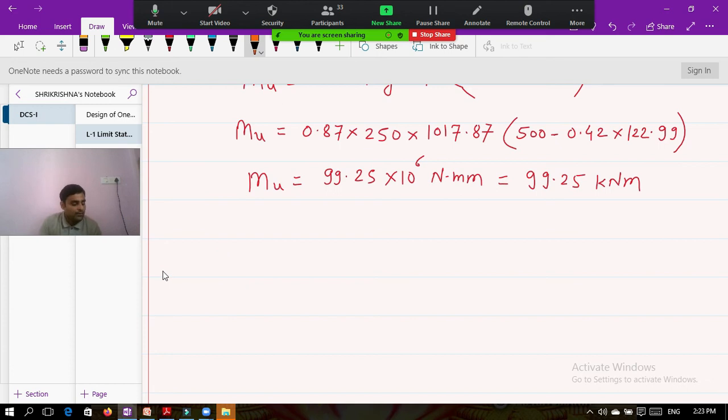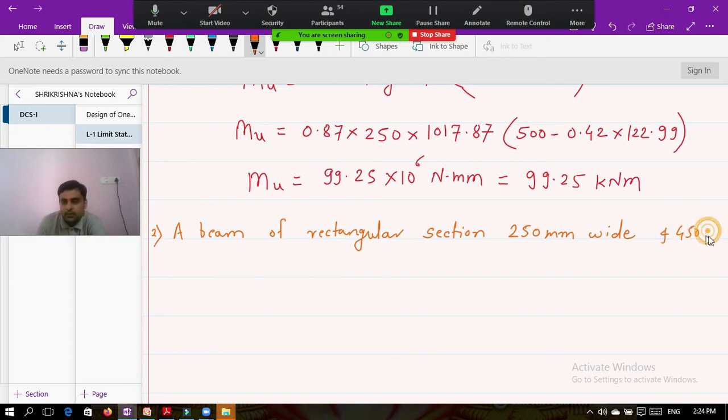A beam of a rectangular section, 250 mm wide and 450 mm effective depth